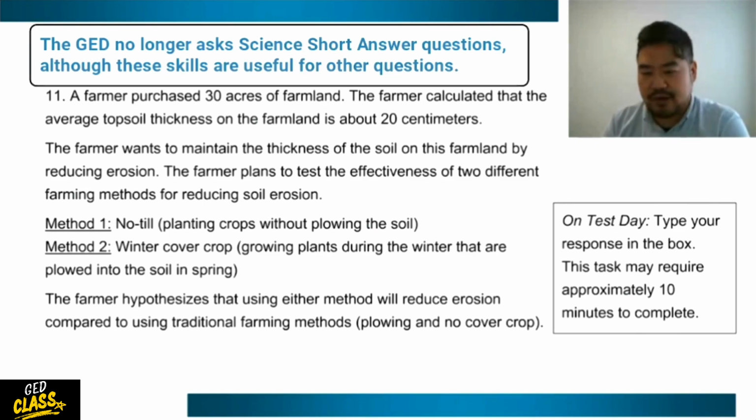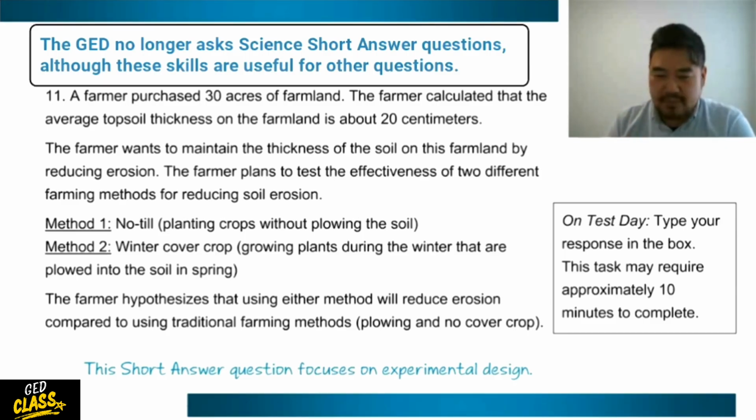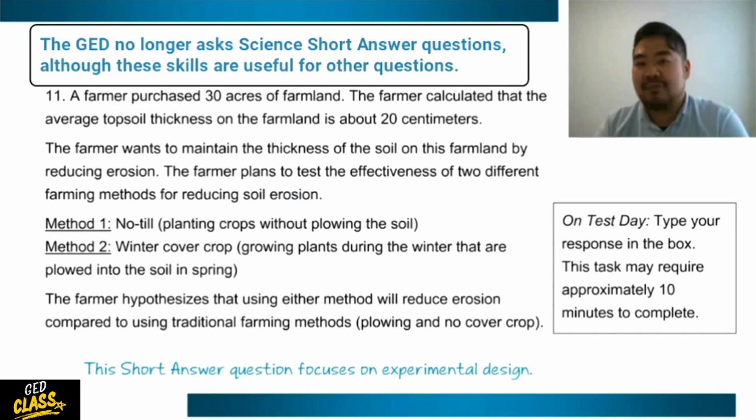There are these two different methods. Method one, planting crops without plowing the soil. Method two, the winter cover crop, growing plants during the winter that are plowed into the soil in the spring. The farmer hypothesizes that using either method will reduce erosion compared to using traditional farming methods, plowing and no cover crop. So this short answer question will basically ask you to see if you can identify how this experiment is